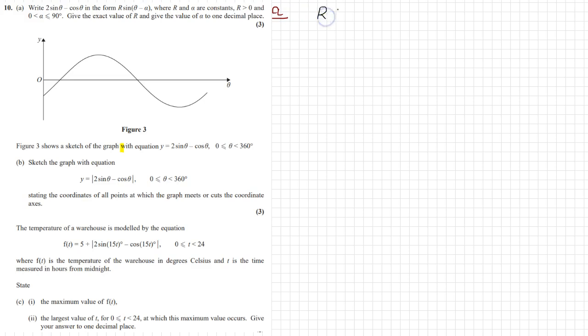R sin of theta minus alpha is r sin theta cos alpha minus r cos theta sin alpha, and it is 2 sin theta minus cos theta. If we compare these two equations,